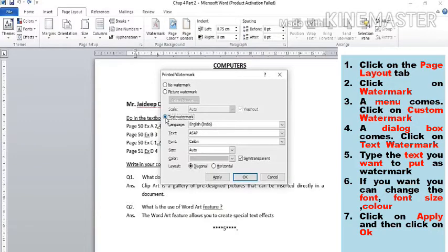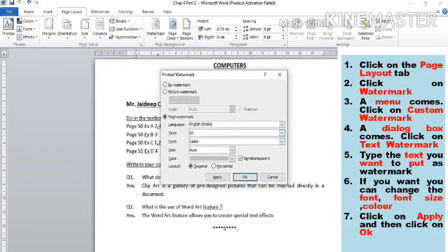Step 5, type the text you want to put as watermark. Here it is written text. Something is written here. I will click here. The cursor appears there. I will press backspace, rub that, and I will type what to type. Okay, let's type De Nobly only. Caps lock on.